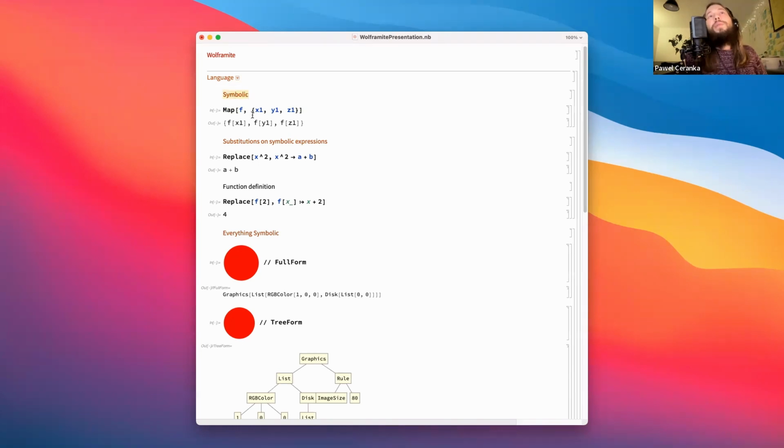A lot of this was better explained by Stephen Wolfram himself 2 days ago, so I will just briefly skim through this. I will say a word about this because I think it is quite interesting. The language is what they call symbolic, which means that this is mapping a list of names, a list of symbols, over a function f, but none of those things have been defined before. And that doesn't produce any error or whatever.